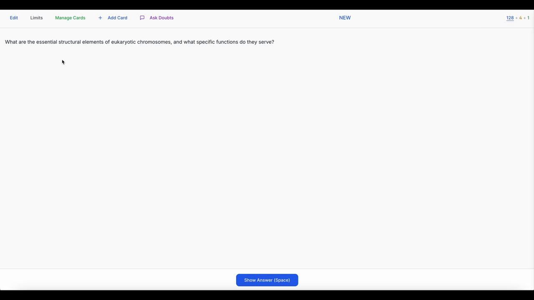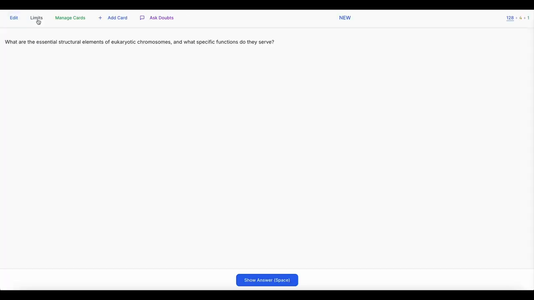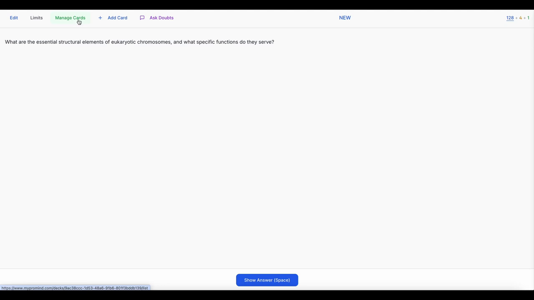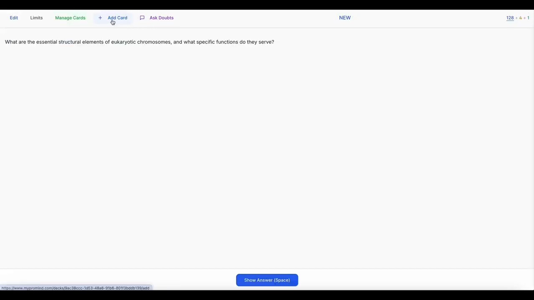To quickly talk about the features on this page, you have the edit option where you can edit the existing card. You can modify the front and the back content of the card. You can also edit the limits. This is the configuration for the learning algorithm. For beginners, we recommend that you do not modify these. Then you have the deck browser where you can quickly go and navigate through the different cards in this particular deck. You have an option to add cards,